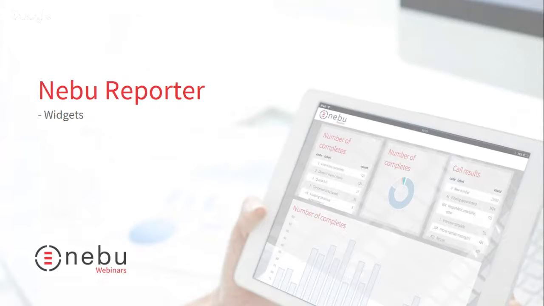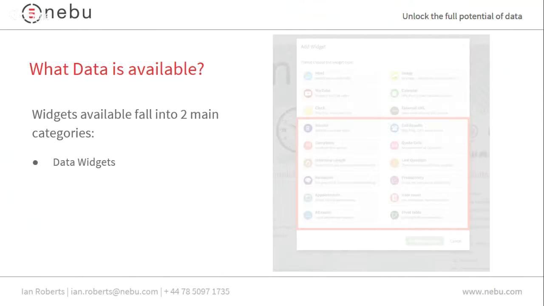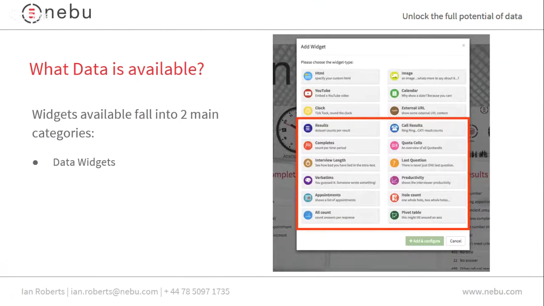So we're going to look at the widgets there. Now, obviously, widgets are the different elements you can put within your dashboard to give you that reporting capability. And essentially, there are two types of widgets that are available in there as well. There's the data widgets themselves. These are the widgets that will allow you to display the type of information you'll find within the Nebu managed frames. So the core results, the number of completes, the quota sales, looking at your CATI information on there as well. So the productivity reports, any of the appointments you have brought up, and then some